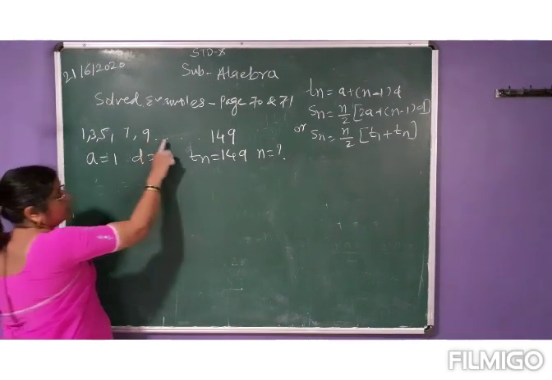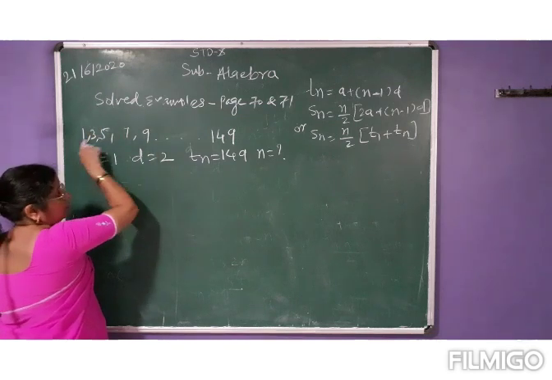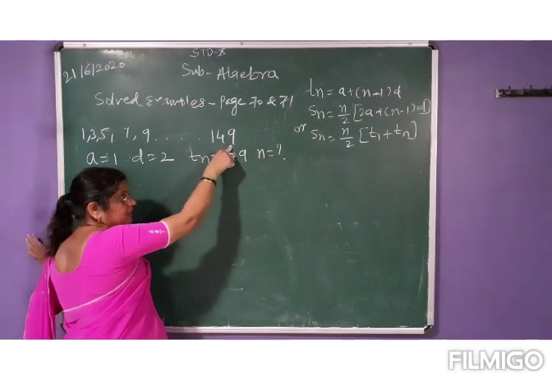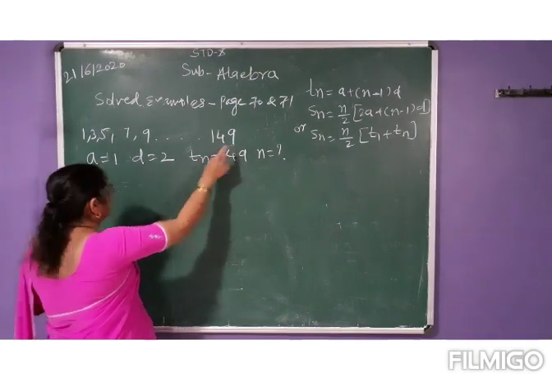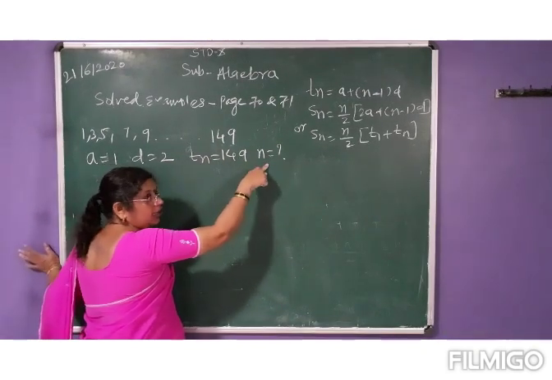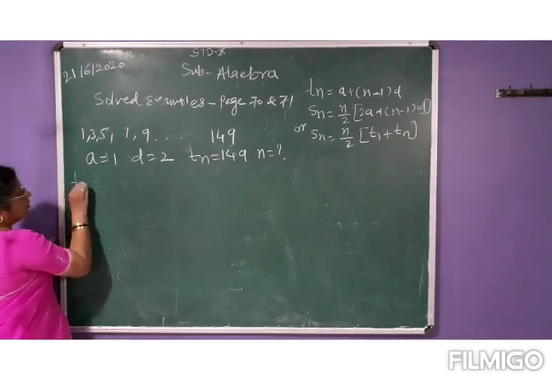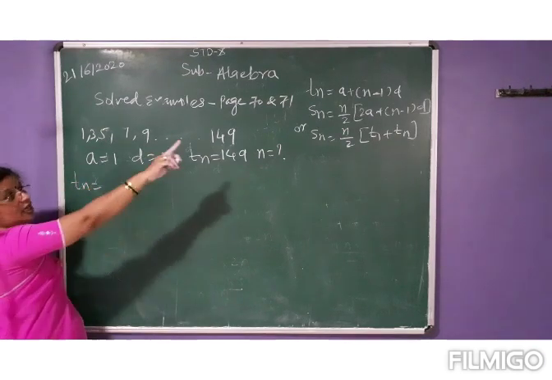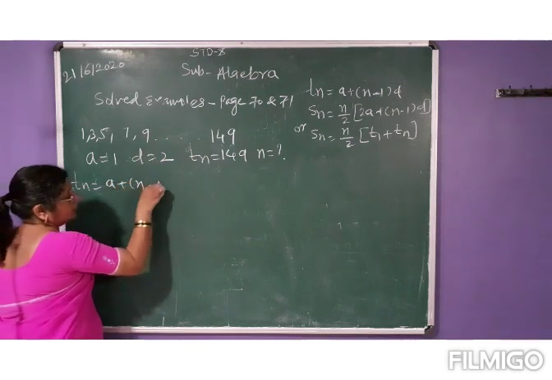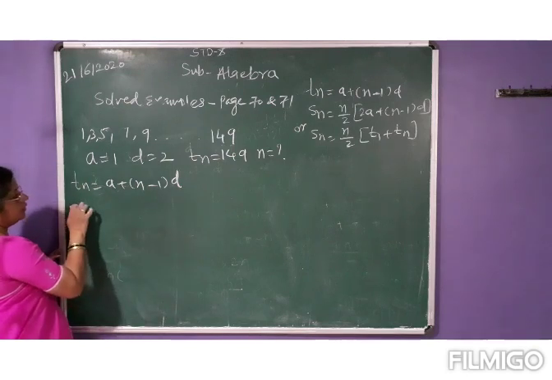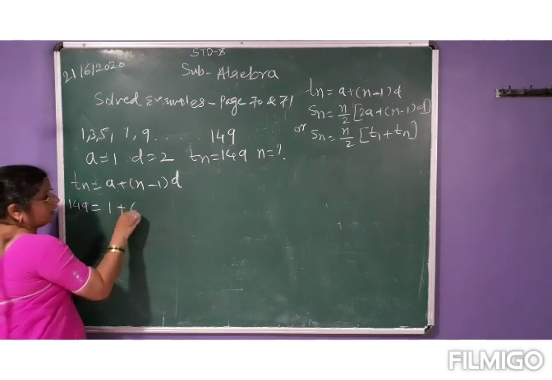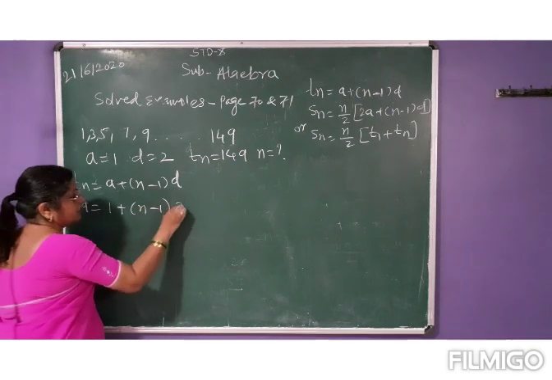Now see here, we have written. As it is given 1 to 150, I have written this AP, and 149 is the last number which is an odd natural number, right? So a is 1, d is 2, Tn is 149. You don't know n, so first we will find n. For finding n we have to use the formula Tn is equal to a plus n minus 1 into d. So I will substitute Tn as 149, a is 1, plus n minus 1, n you have to find out, and d is 2.